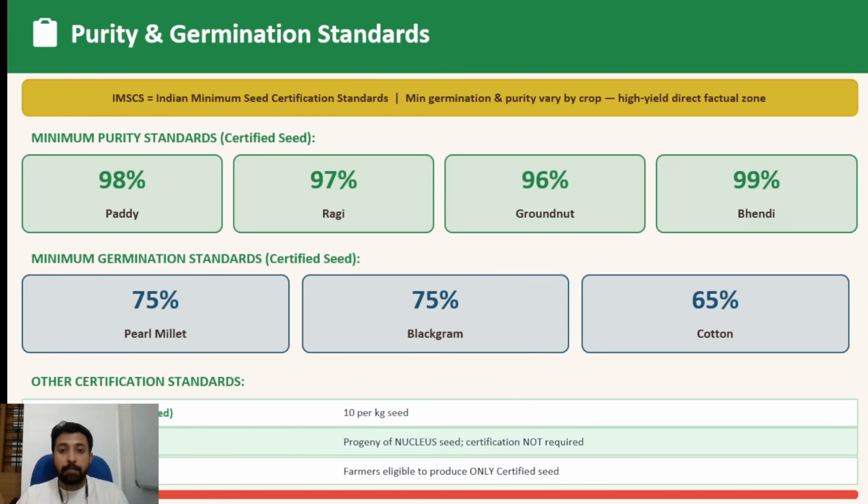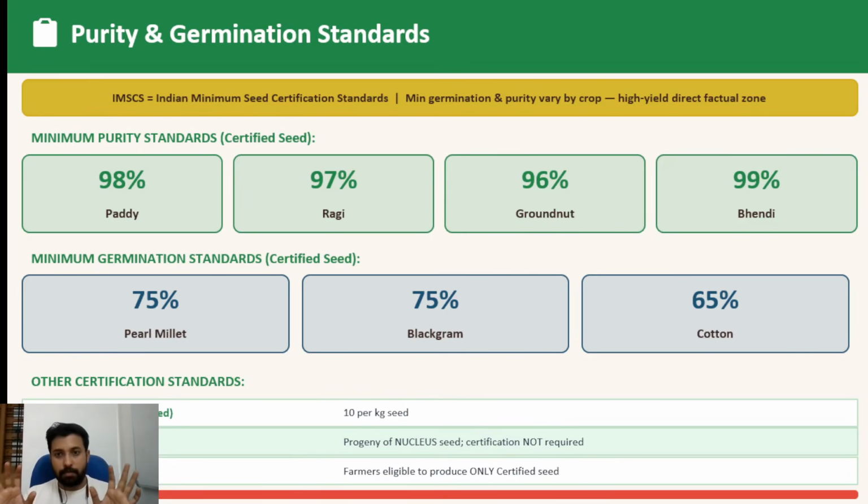Minimum germination standard is 75% for pearl millet, while 65% for cotton. So I am saying that you should make a table of isolation distance, purity standards, and minimum germination standards of all these crops, and see that list regularly, because only by seeing it every day will you be able to remember